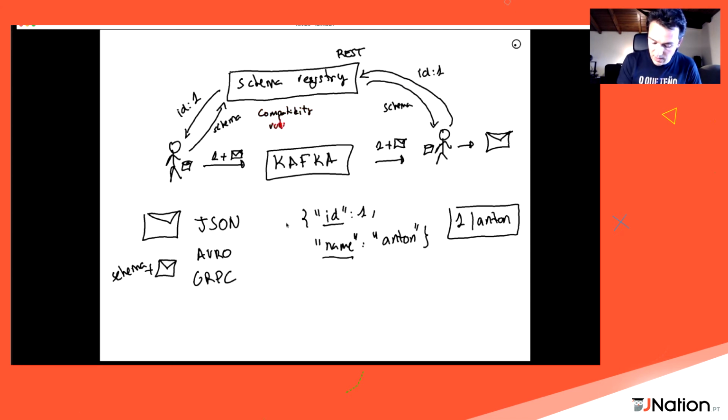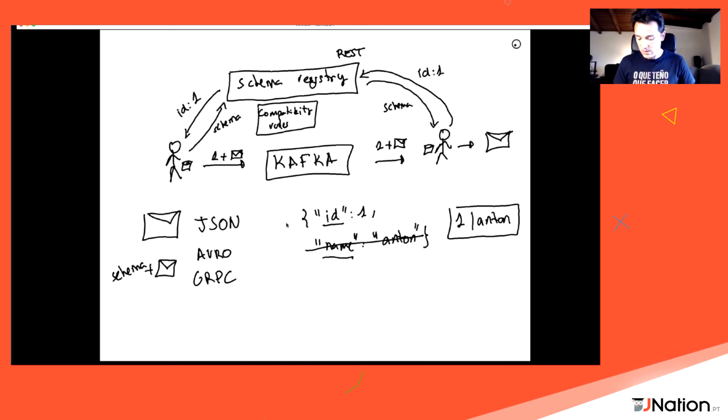So basically, if the producer wants to evolve the schema, for example, to delete some fields, okay, the schema registry can check if our consumers are going to be able to continue working, because this is a compatible change.